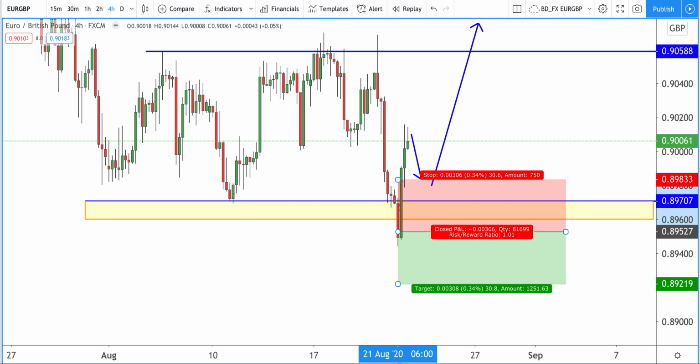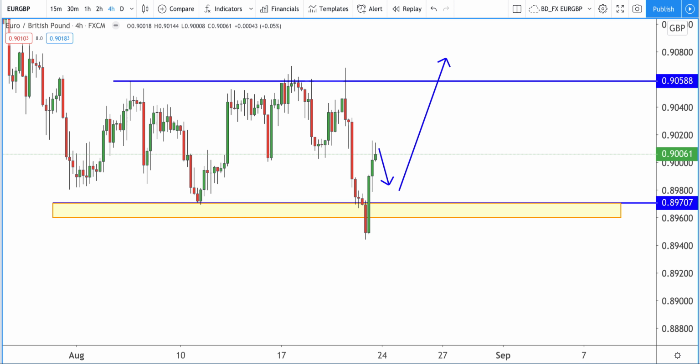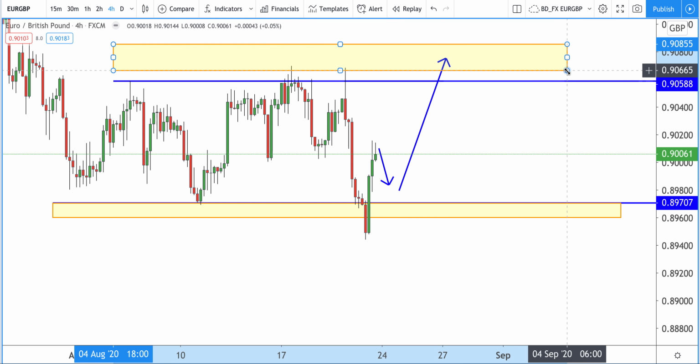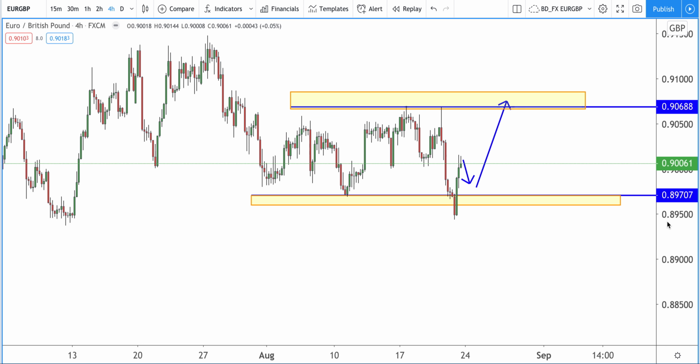So he grabs people from both sides of the market. You can see the quick move, and now we look like we're pushing back up to the upside. So I'm expecting Euro GBP to come back up again, back up to the top of this range. Remember, why am I thinking this? Because look at the current